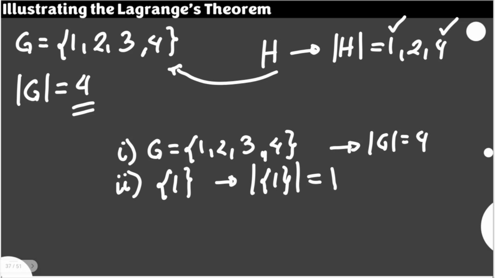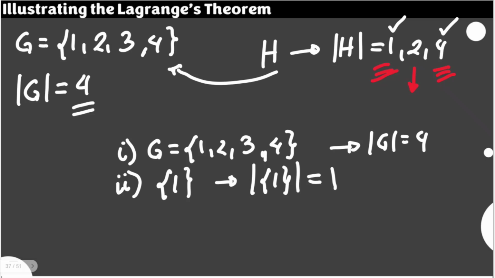This is why, according to the Lagrange theorem, we are guaranteed to have these 2. So aside from the idea that the set itself is a subgroup and the set containing the identity element is also a subgroup, we are guaranteed for them to be considered as subgroups because their orders are also divisors of the order of set G. Now let's look at the middle here. According to Lagrange theorem, we are guaranteed that there is a subgroup of order 2. We just don't know what the elements are, but there is a subgroup of order 2.